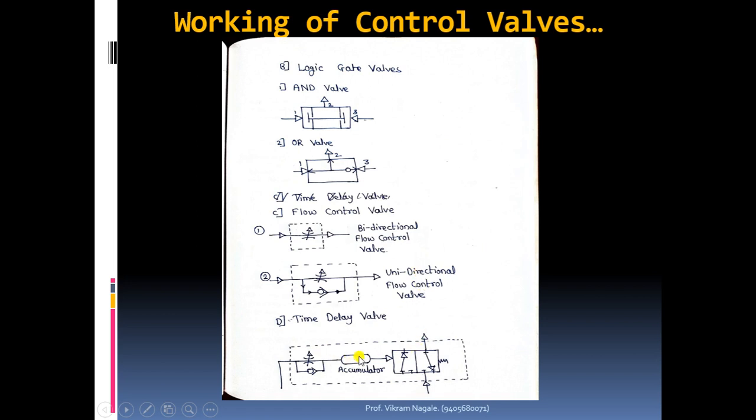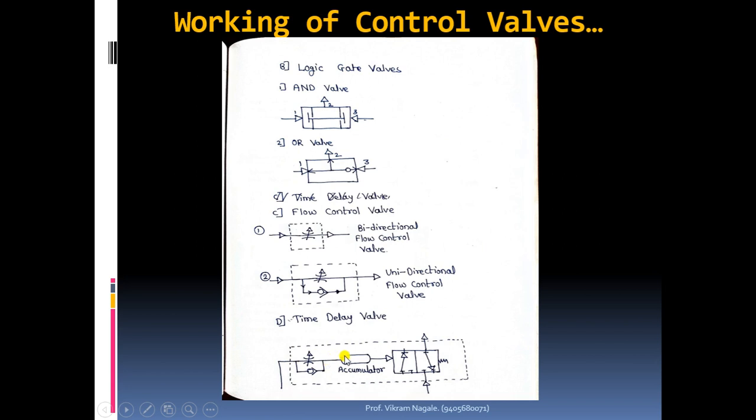So the time which is required to fill up this accumulator is nothing but the time delay that we are getting in the process. Normally, if we skip this, what will happen, from this point it will connect directly to where the input is to be given to the next component. Okay, so after it is connected, as soon as the air is coming at this point, it will go on to the next component. But over here what is happening, first it is passing through this